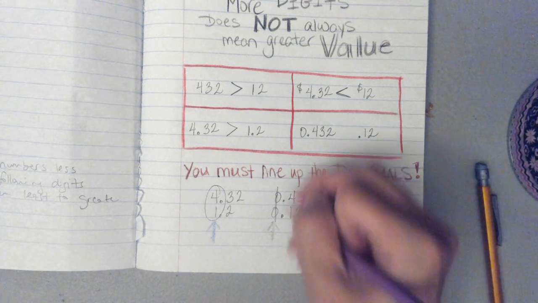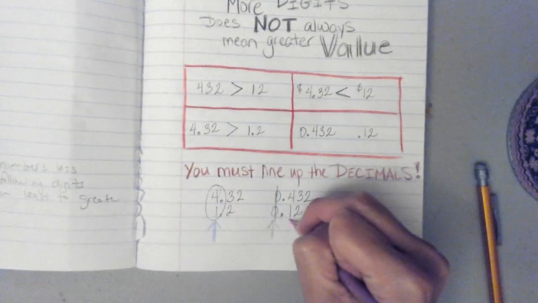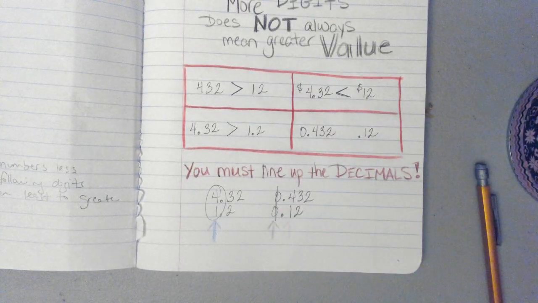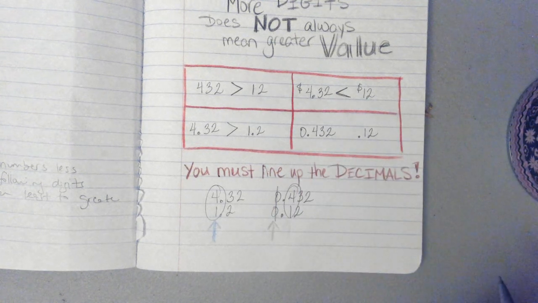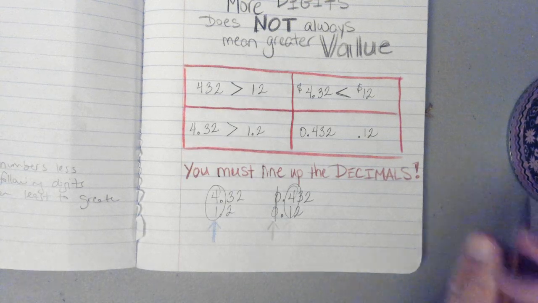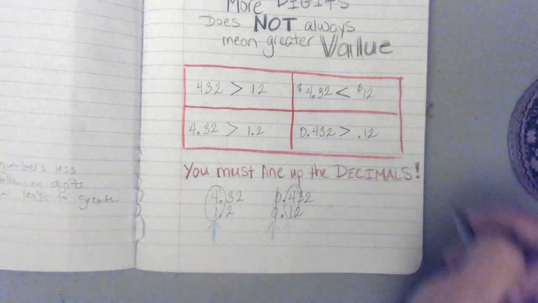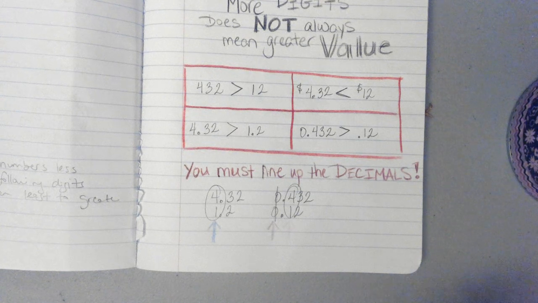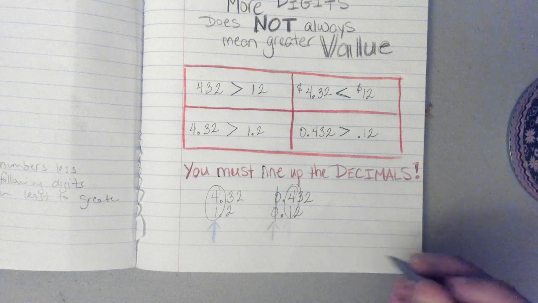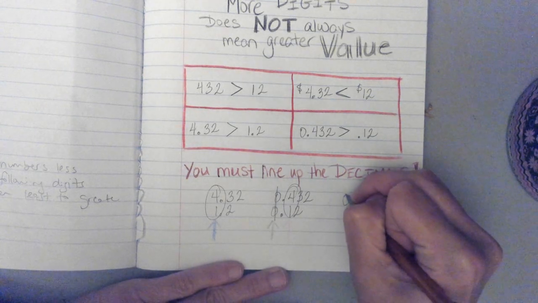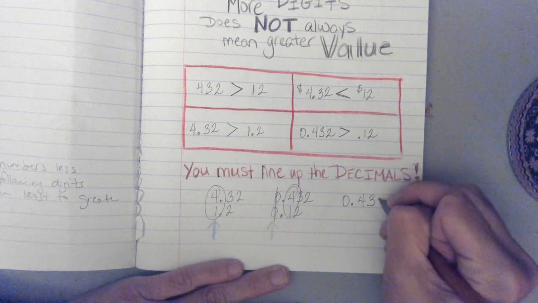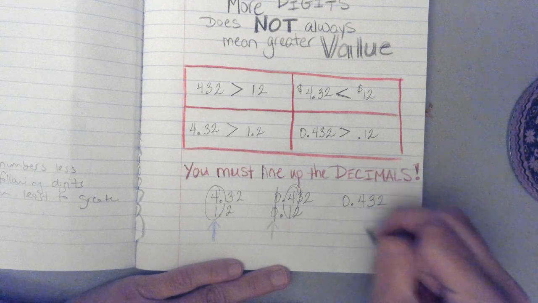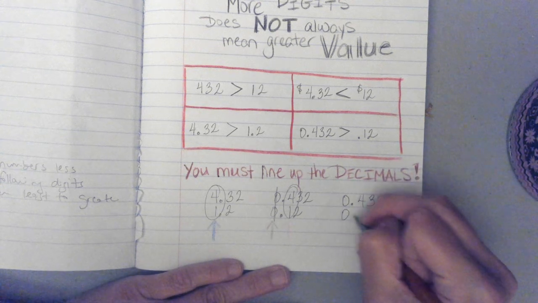So I compared the ones place, and in the ones place I had the same value. So now I go to the tens place, and in the tens place I see a 4 and a 1. 4 is greater than 1, so 432 thousandths is greater than 12 hundredths. Okay, and just to give you an example where you might have to go even further, let's do 432 thousandths and